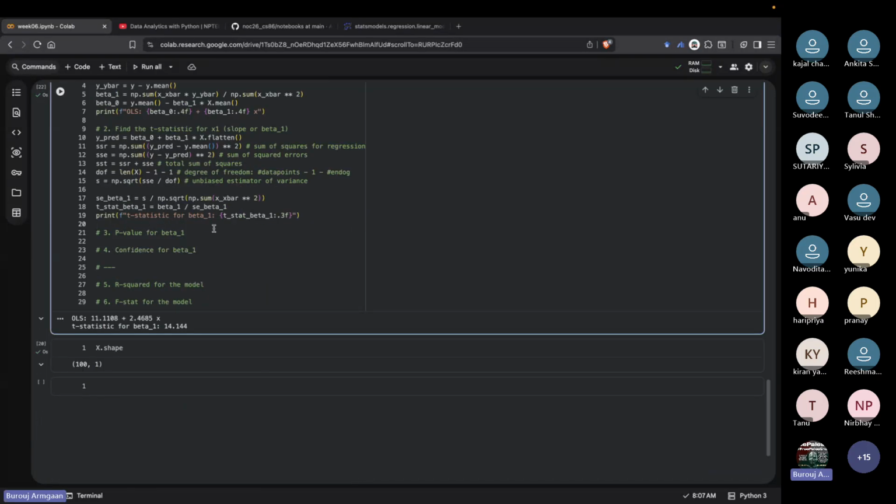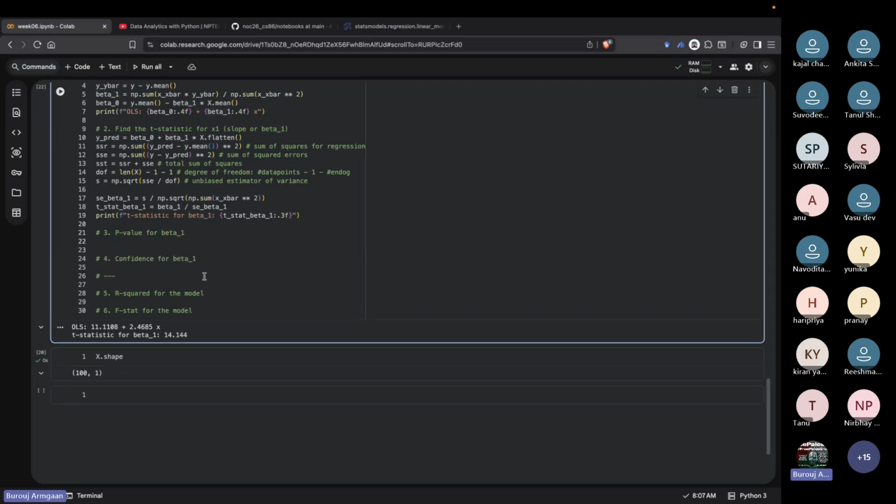Next is the p-value for this thing. If you remember, the null hypothesis in this case is that beta 1 is 0, and the alternate hypothesis is that it is not equal to 0. When we say that it is not equal to 0, we have to take a two-tailed t-test. We have to check the right-hand side for greater than and the left-hand side for less than. So to do that, we can say that our p-value for beta 1 is equal to,